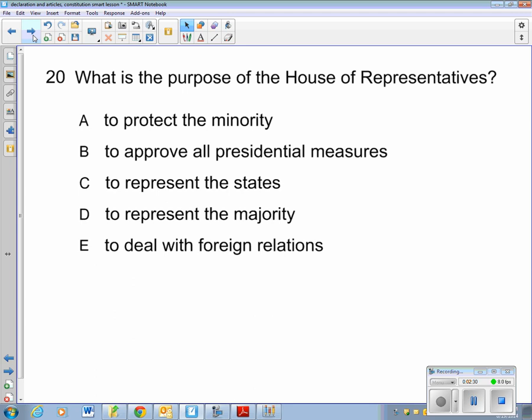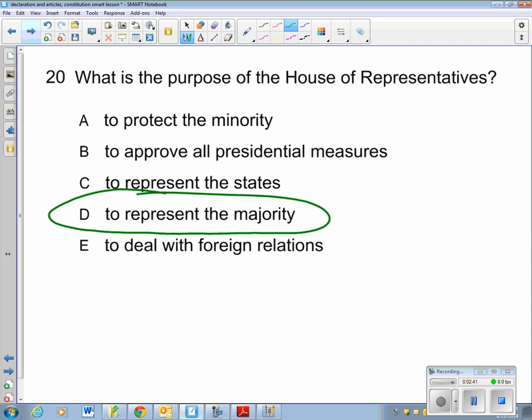This is the one that's going to be directly elected by the people and serve 2-year terms. All right, so our correct answer is, pause your videos, D, to represent the majority, because this is going to be chosen by the people, elected directly, and as I said before, have a 2-year term, so that way you would be accountable to the people and have to constantly go and ask for your job back. So the popular masses would get their will.